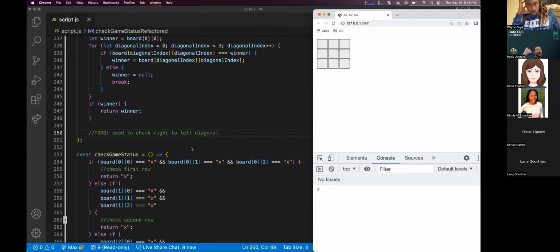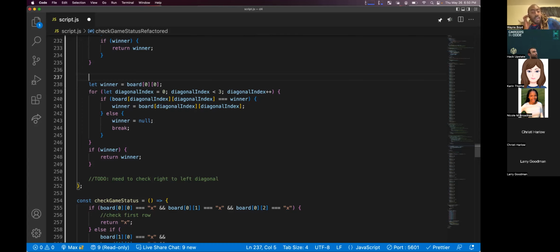1,1, 2,0. 0,2. 1,1, 2,0. So one decrements and the other one increments. Go down by 1, the opposite of increment. Work on it together. Does anyone want to take a stab at explaining how our diagonal one is working? I'll do the styling. Do the other part. I could try.